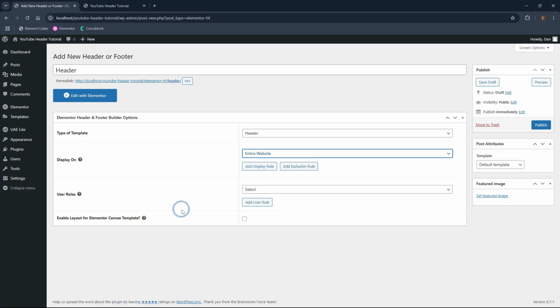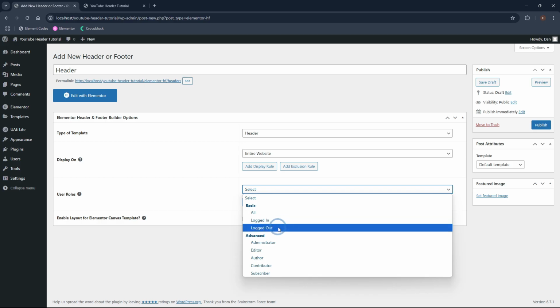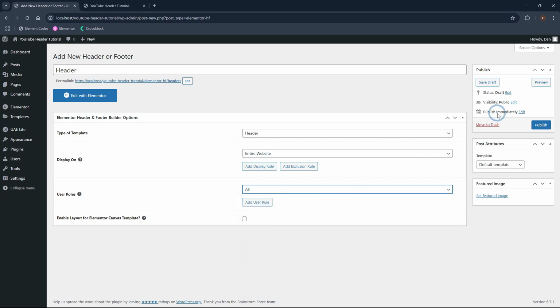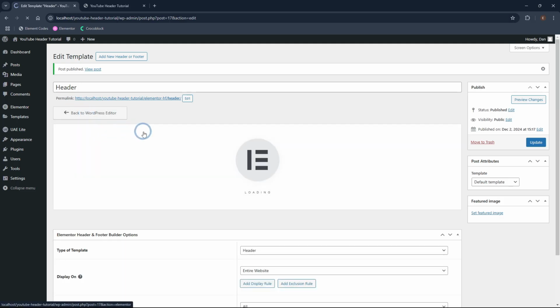The next option below is user roles. In some cases you might want to show the header only for logged in users. In some cases you want to show it on logged out, but in this case we will keep it simple and use All for displaying it for all logged in or non-logged in users. After that we should go to Publish, and this will publish our first header, and after we published it then we can go to Edit with Elementor,